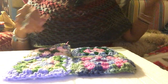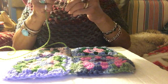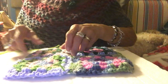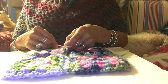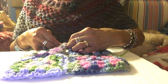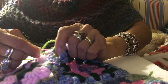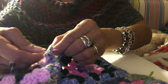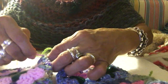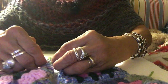Really match up your stitches so that you can see what you're doing here. Match them up, and your shells. And then usually you can use whatever method you like to use for sewing your blocks together, your squares. But I usually go in on one side, through the whole stitch, and then in on that side. I'll show you. So I go into this one, in like that, and then from front to back, and from front to back. Okay, and you're going to go all the way up and sew them all the way up